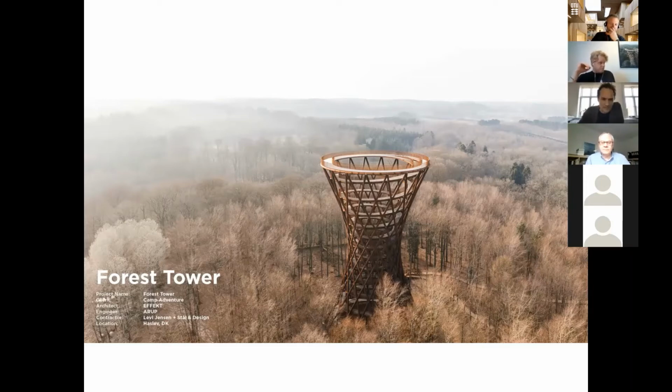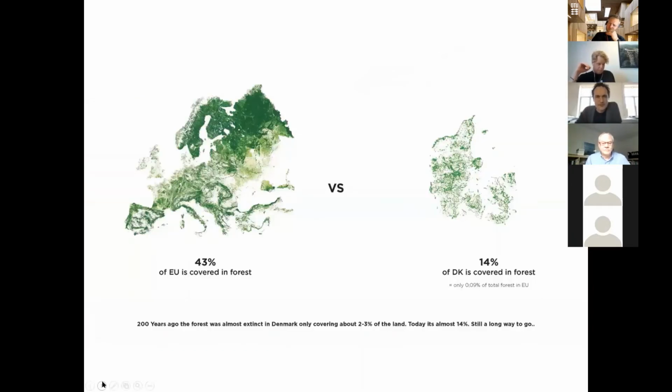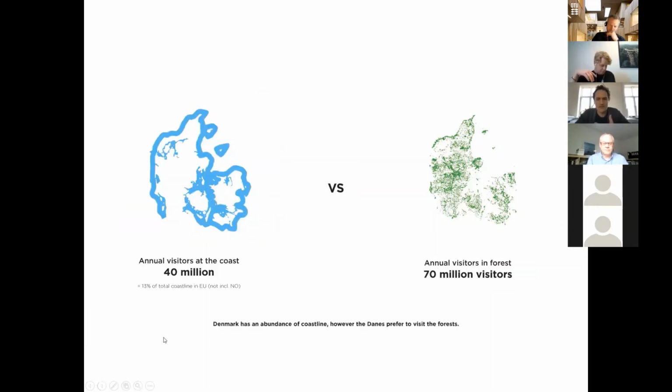But first, I would like to just zoom out a little bit, just the perspective of why building a tower in the forest, and what is the forest in Denmark, because the forest is the real attraction that people come to visit. The tower is the infrastructure that allows you to see it, and as it turns out, the forest in Denmark was almost extinct 200 years ago. And I mean, we have farmland, and now we're doing a little bit better. We're almost at 15%, but it's nothing if you compare to example EU, where it's much closer to half. So in Denmark we actually do have very little forest,